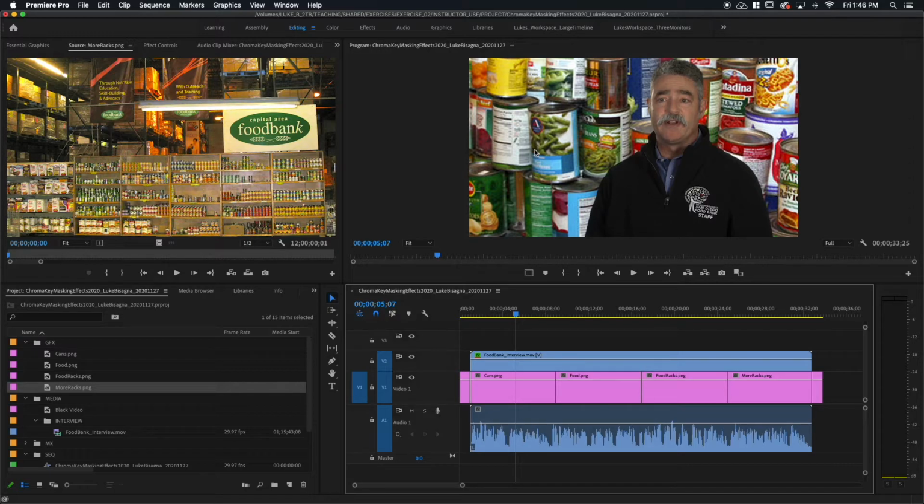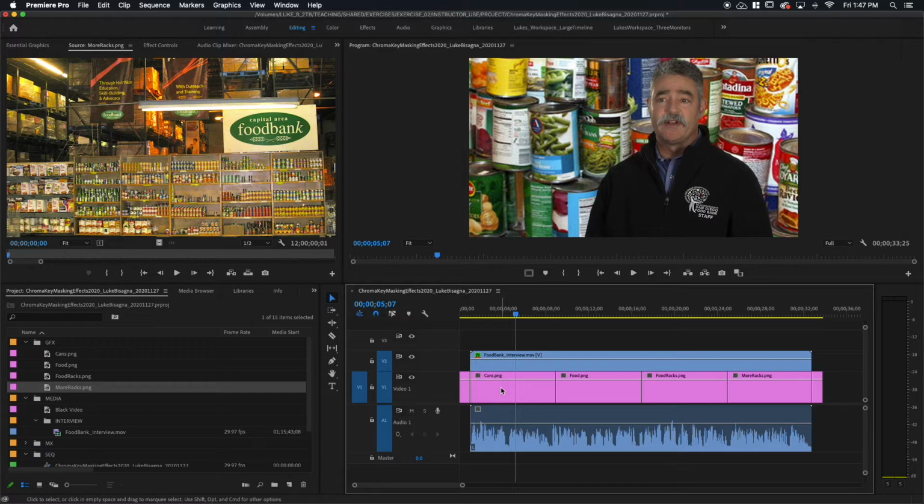So what we need to do is doctor it up to make it look better. The other thing about it is these cans almost look like they're coming for him. Like, you know, they're about to either topple over on him or chase him off the screen. So what we want to do is kind of mute them, blur them, bring them into more of a background capacity and help our subject to pop forward away from them in an almost 3D capacity.